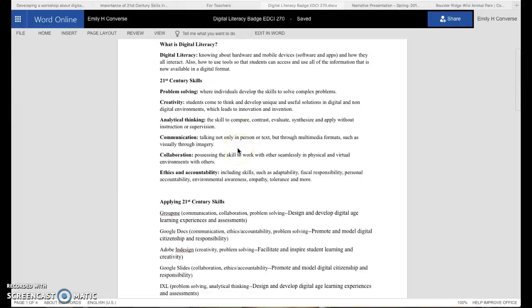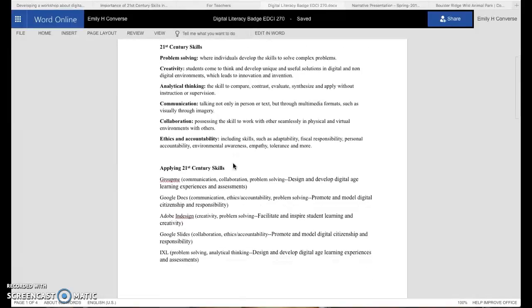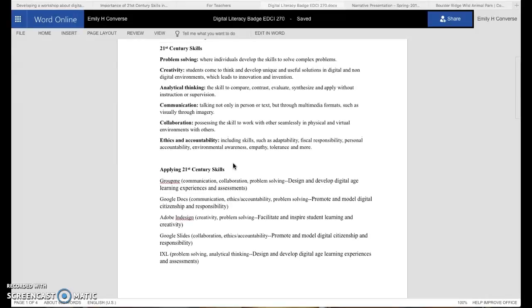Communication, which is talking not only in person or text, but through multimedia formats such as visually through imagery like videos. Collaboration between students, such as possessing the skill to work with others seamlessly in physical and virtual environments. And ethics and accountability, which includes skills such as adaptability, fiscal responsibility, personal accountability, environmental awareness, empathy, tolerance, and more. It's really important that we teach our students these skills so that they can apply them to applications in